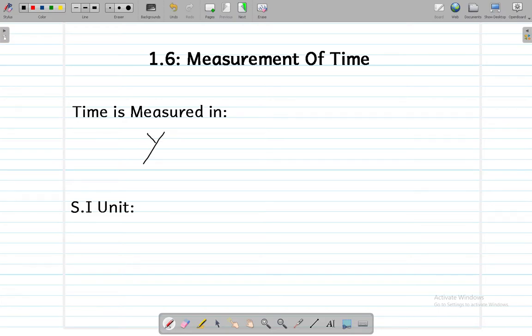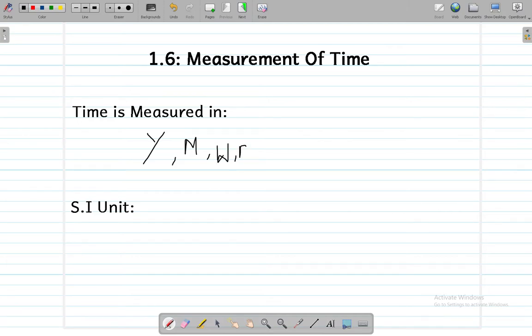The first unit, the longest unit in fact, is year, in which we measure time, like 2 years, maybe 10 years, with 10 years which is called a decade, 100 years which is called a century. So the first standard unit of time is years, and after years comes months, and after months comes weeks, and